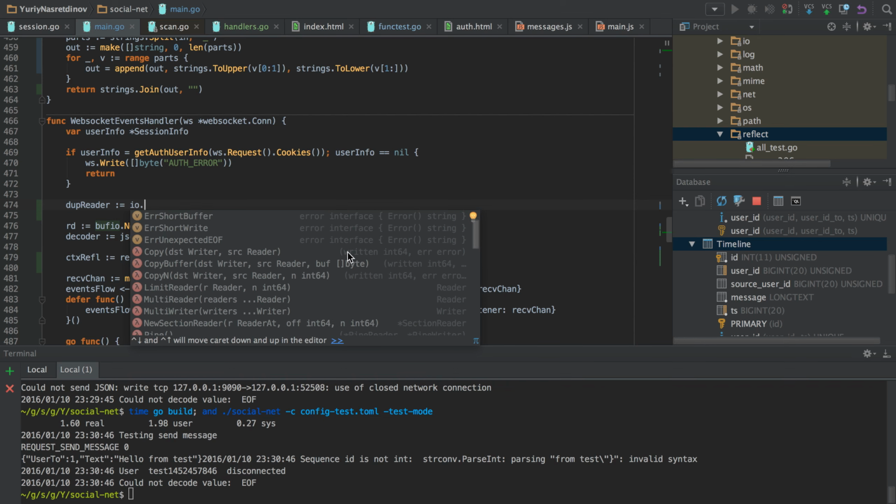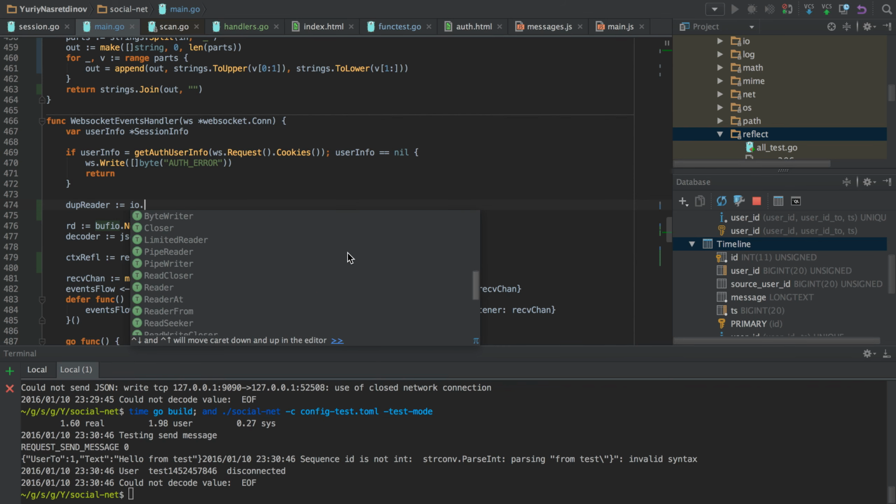So the split function is not what I want. It's located in io.TeeReader.